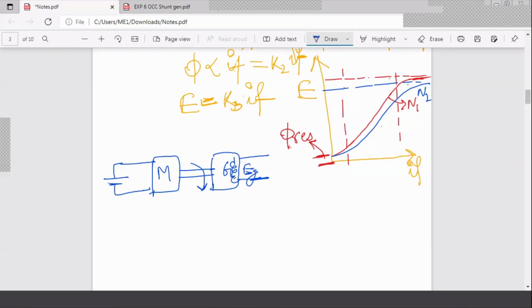And this generator, we can connect it at load and we can connect it at no load conditions and so on. So what we are going to do here is we are connecting it at no load condition. That means this is open circuit here. And whenever there is an open circuit, whatever the field winding current is there, correspondingly whatever the generated EMF is there, that characteristics we are going to plot.